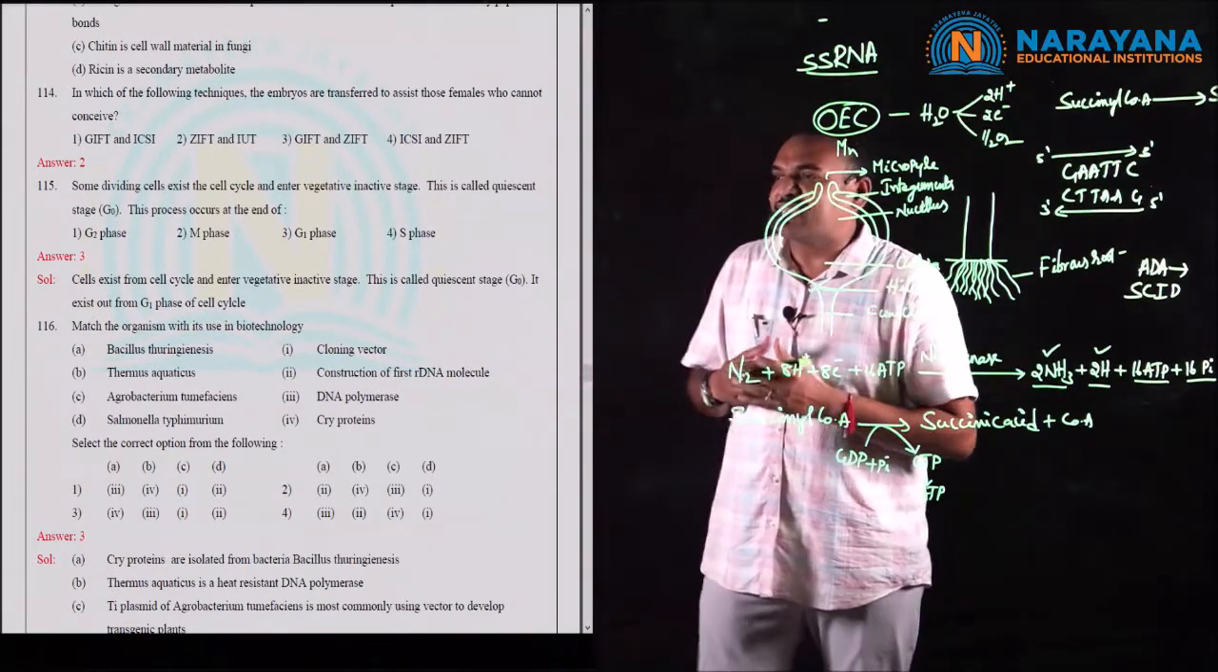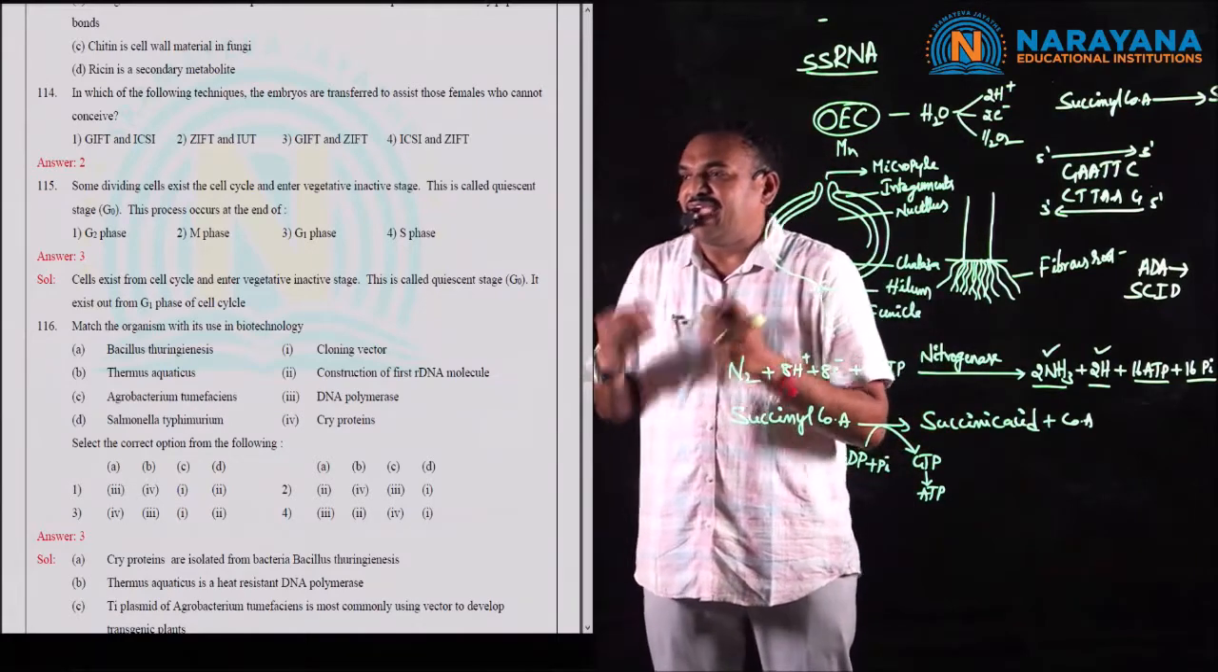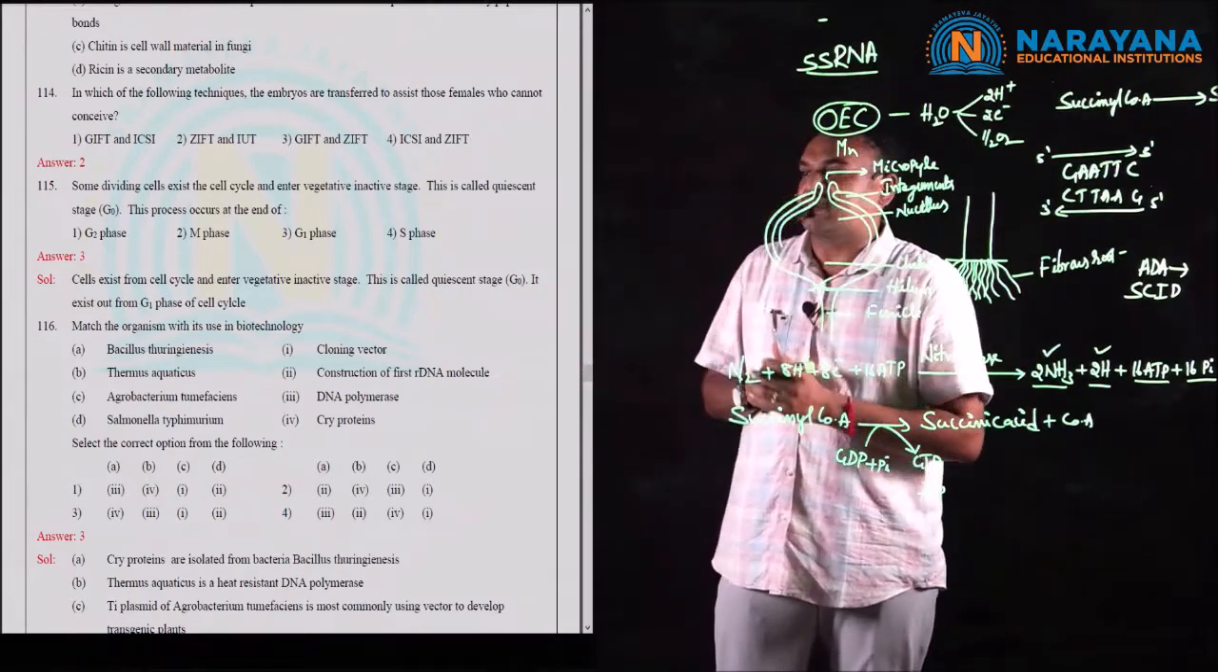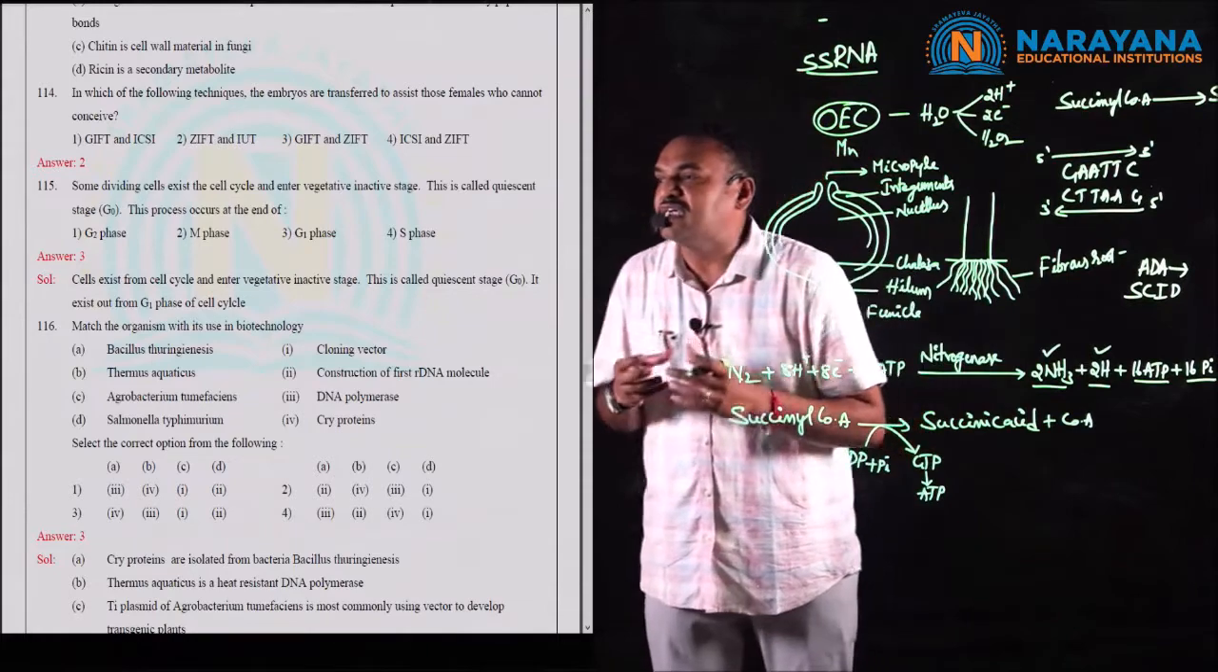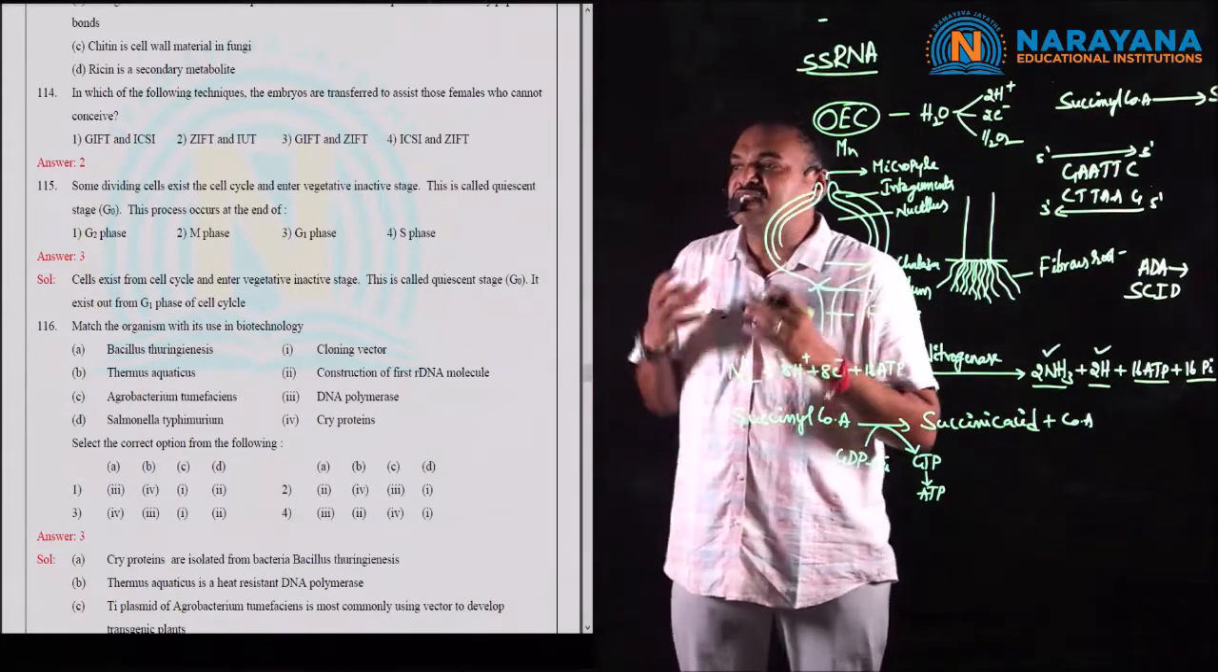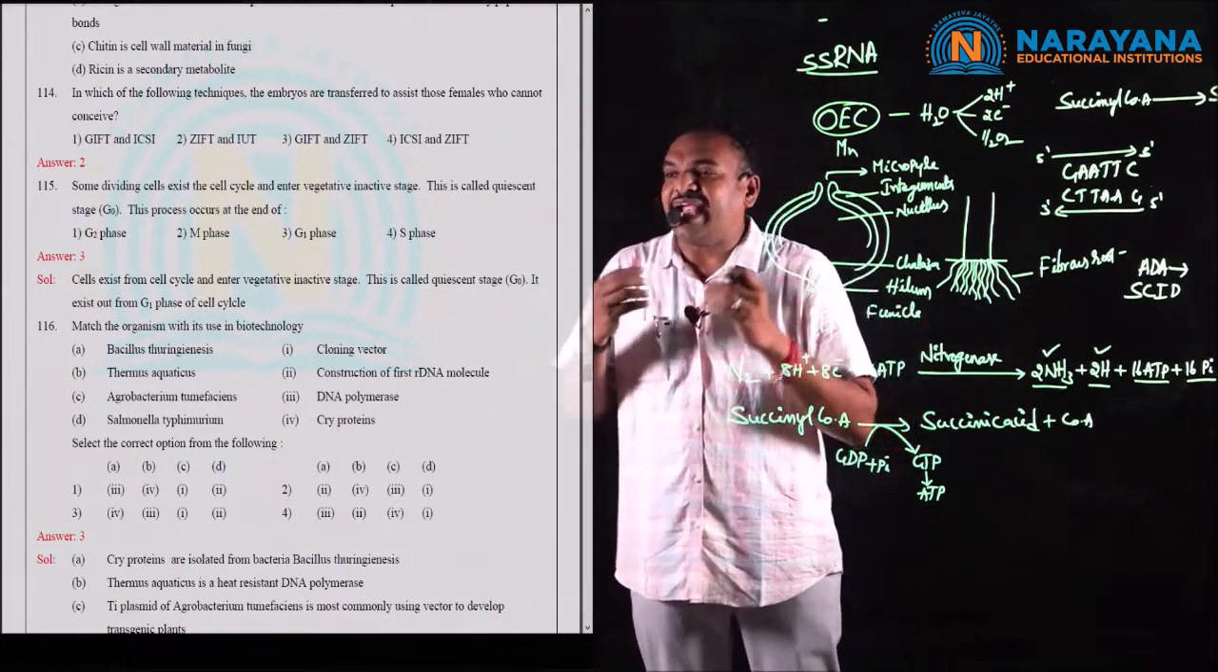Some dividing cells exit the cell cycle and enter a vegetative, inactive stage. This is called the quiescent stage or G0 stage. This process occurs at the end of